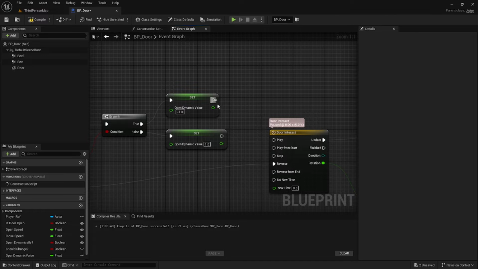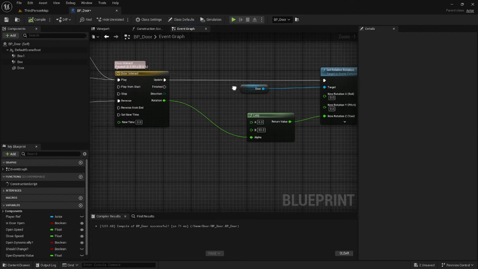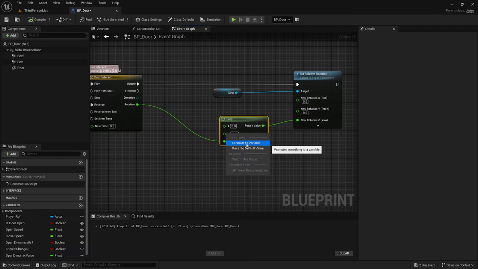And then we can connect both of these up to the play. Compile and save. Okay, so now we're also going to set the default value of open dynamic value to 1. Compile and save. Okay, so over by this alert, we're actually going to promote this to a variable, and we're just going to call this open